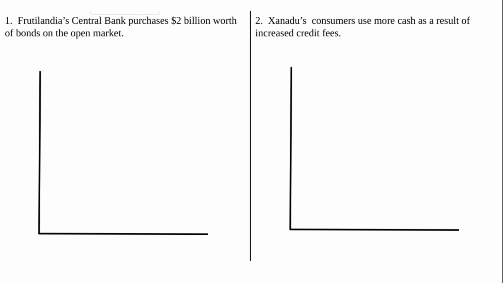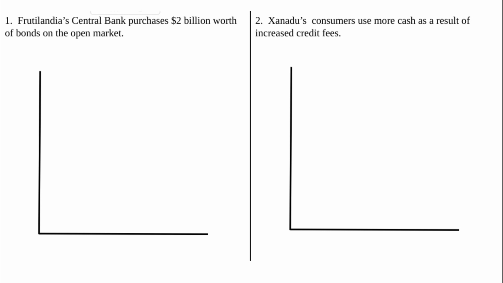So first things first, draw your supply of money as a vertical line, your downward sloping demand for money, and then your axes, the Y labeled nominal interest rate and the X labeled quantity of money. Show that intersection as an equilibrium nominal interest rate, and because the central bank is purchasing bonds, be comfortable with